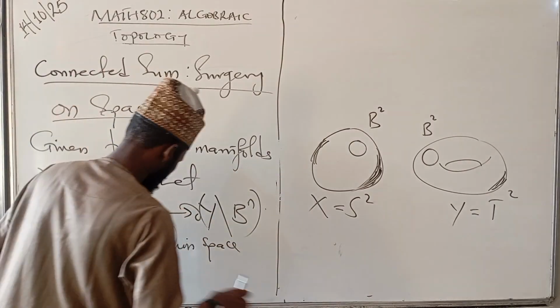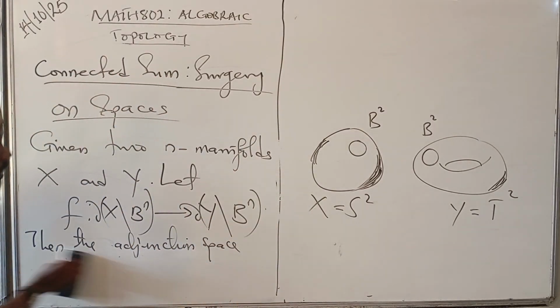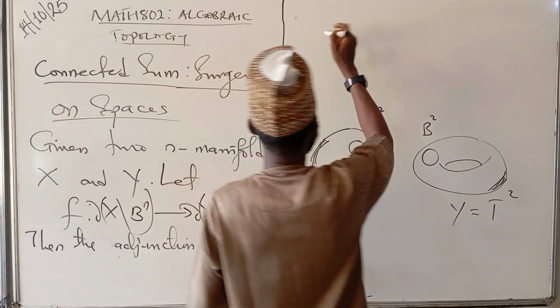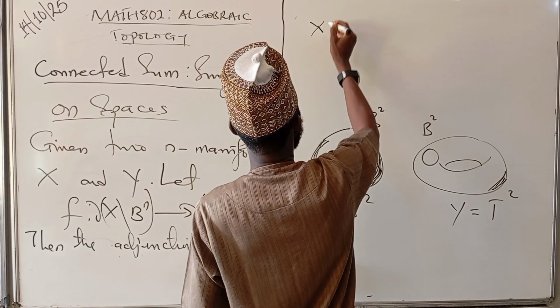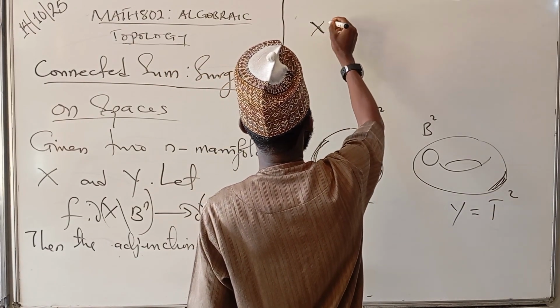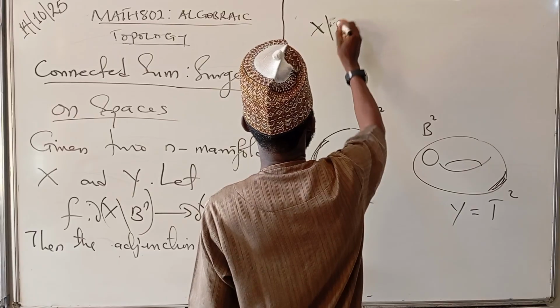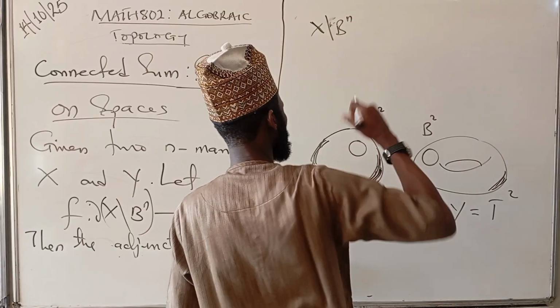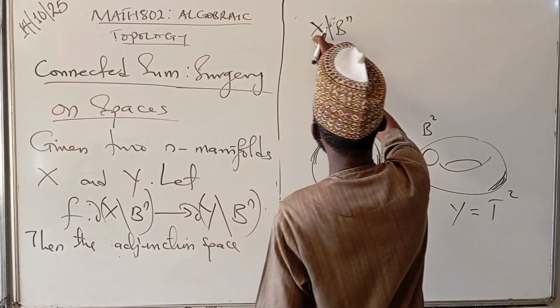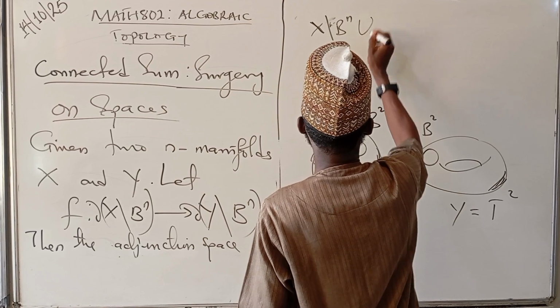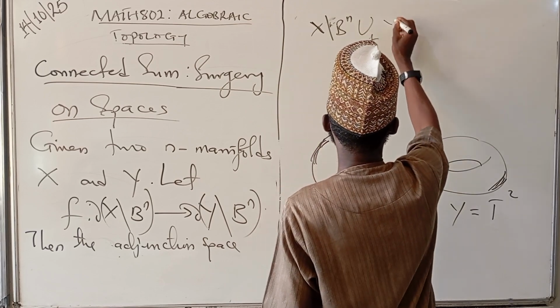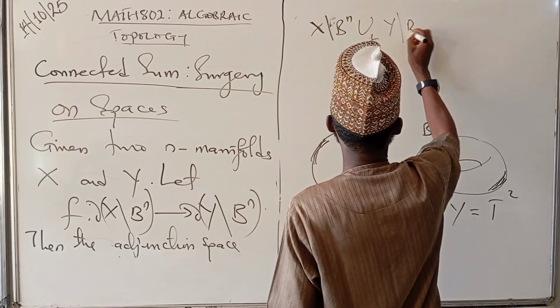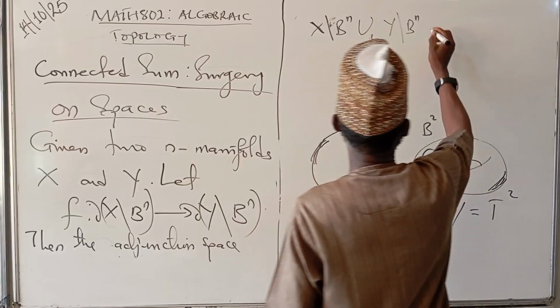Let me write it up here. So X minus Bn, you remove a ball of dimension n because this is a topological manifold of dimension n. You take Y minus Bn, and this will be